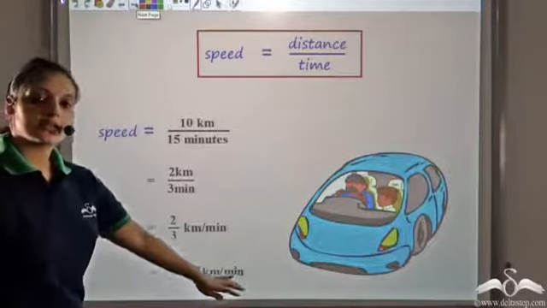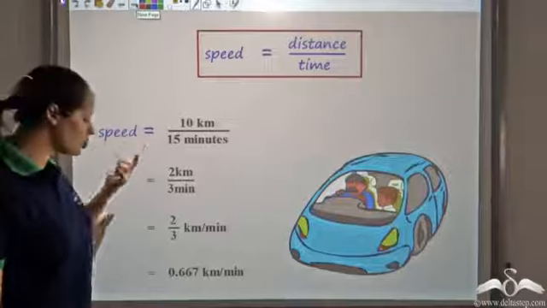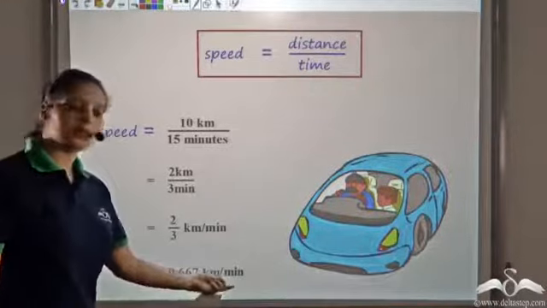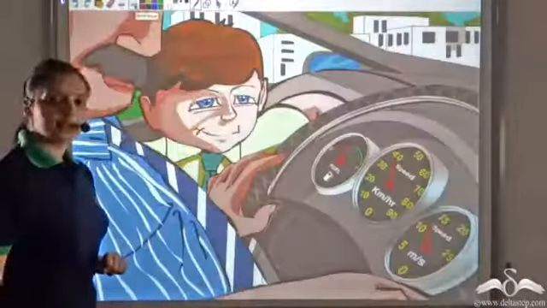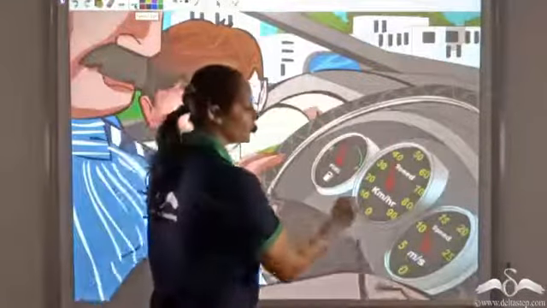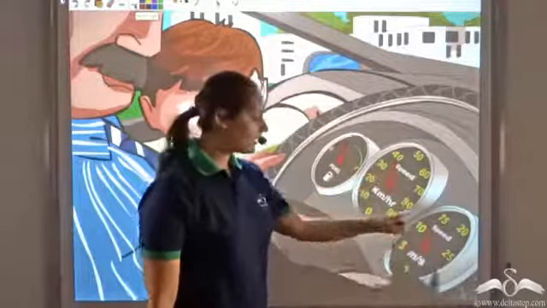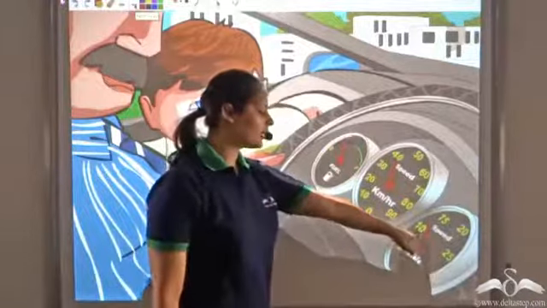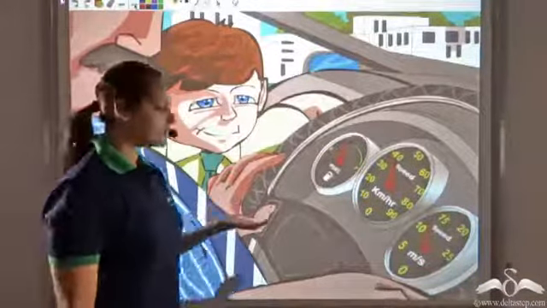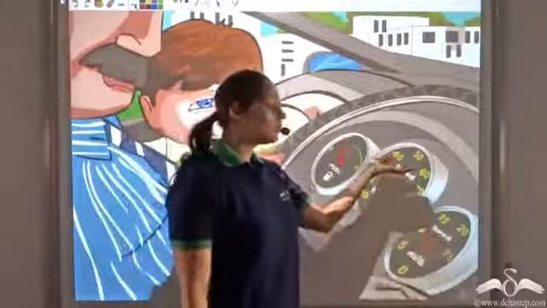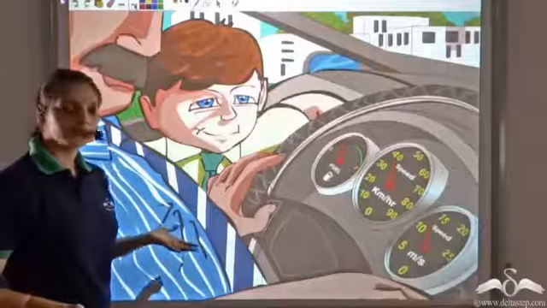Now Rohit gets confused. He finds that the speed of the car comes out to be less than 1 kilometer per minute. But in the car he had seen that the speedometer was showing 40 as the speed, and in another the speed was around 10. So he was confused because he got speed which was neither 10 nor 40. So what was the speed? Why was there this problem?